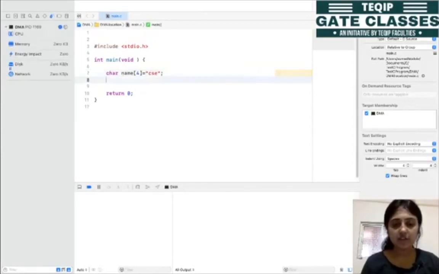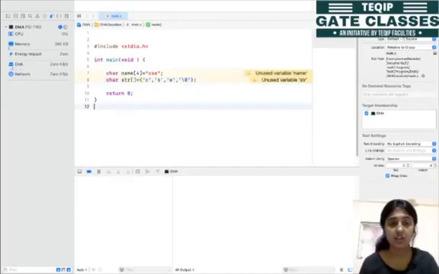So this is one way. The second way is what? This character array, let's say str, equal to, we can pass CSE character by character. So this is E, and finally \0 and a semicolon. Okay, so these two declarations are the same.